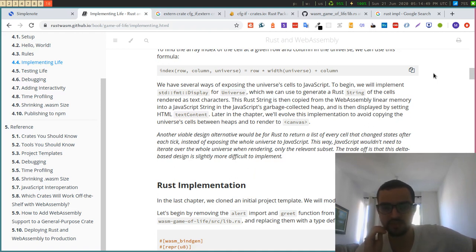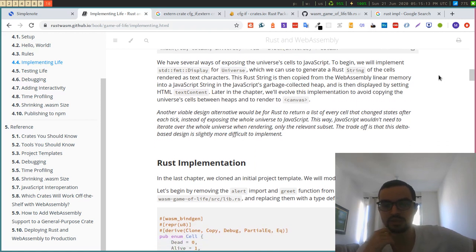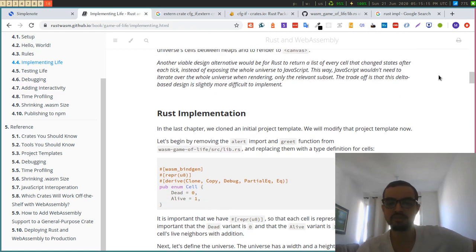This Rust string is then copied from WebAssembly linear memory into a JavaScript string in the JavaScript garbage collected heap, and is then displayed by setting HTML textContent. Later in the chapter, we evolve this implementation to avoid copying the universe cells between heaps and to render to canvas. Another viable design alternative would be for us to return a list of every